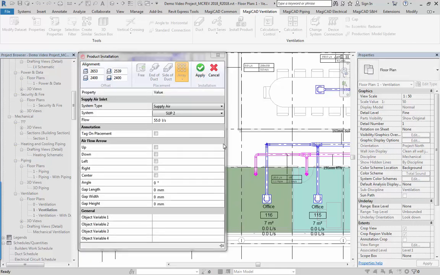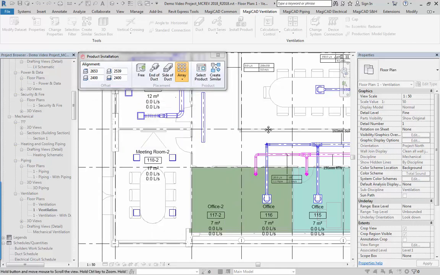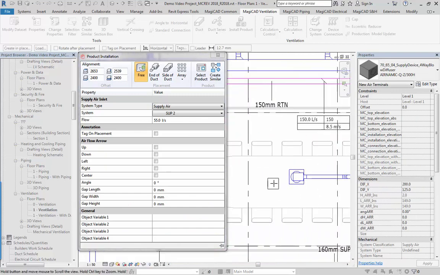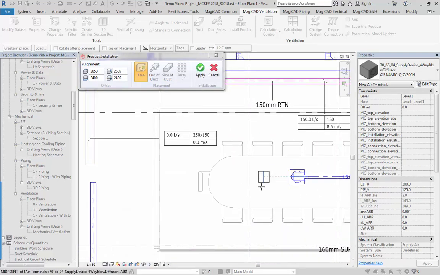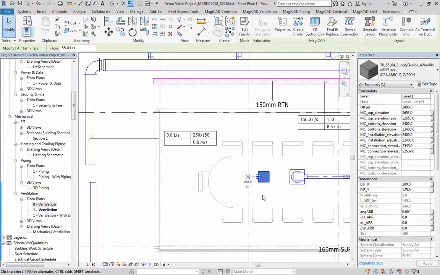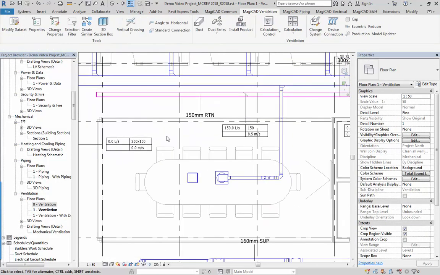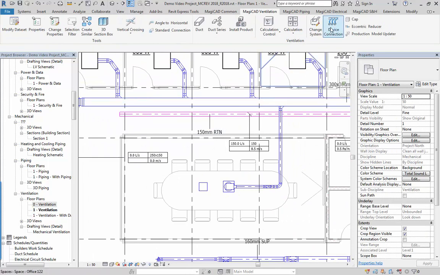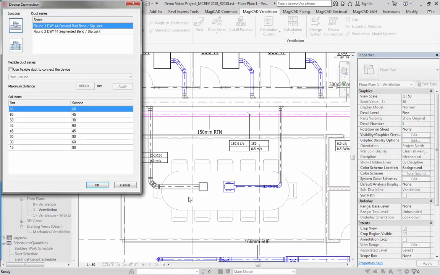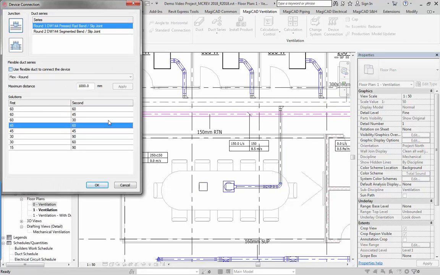So press apply and it's in there, and then just press free end again, and then I can insert that grill into there like so. Press apply and then it's in. So there's the grill sitting there. And as usual, just to show the whole process, if I press device connection, click on the grill, click on the rectangular ductwork I want to connect into, then once again there's the solution for connecting it up,